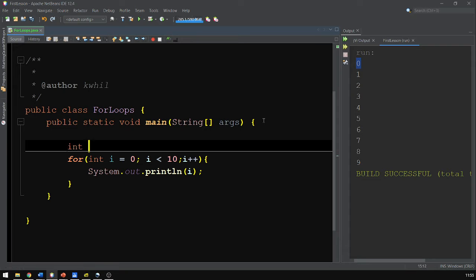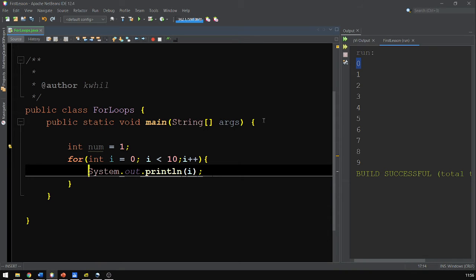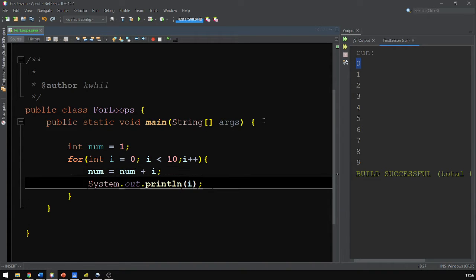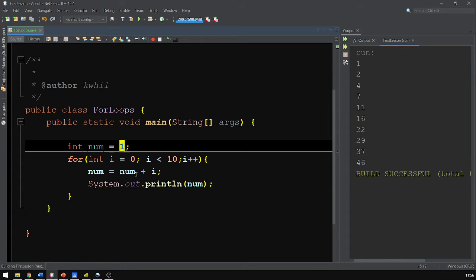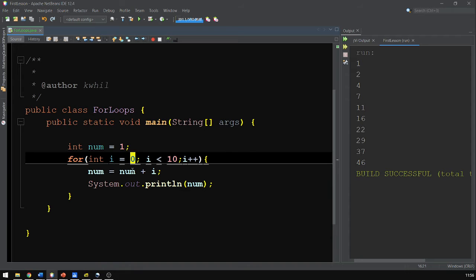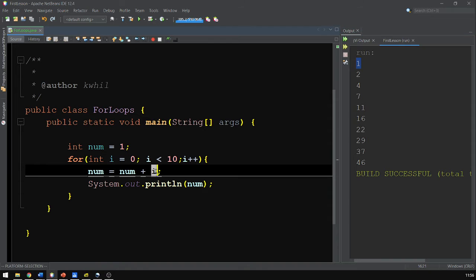So we could say int, let's just call it num is equal to 1. So each time we go through now, we're going to take the value of num and add the value of I to it each time. In other words, this is going to incrementally get bigger and bigger and bigger each time. And so we can see then for the first loop, num is equal to 1. It's adding to 0 of I, and so we get 1. Next time it does the same thing, and it's going to just keep doing that until we increment this many